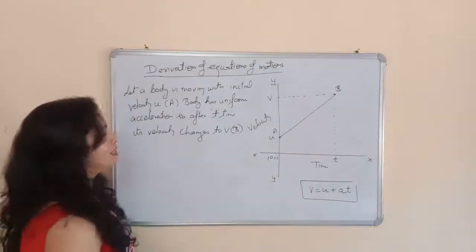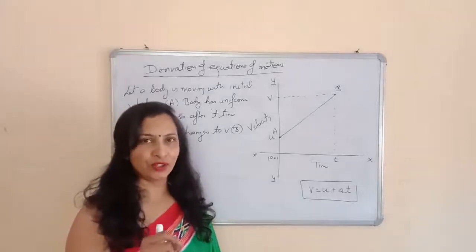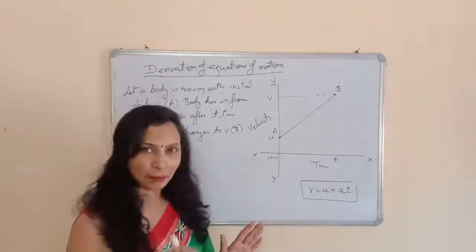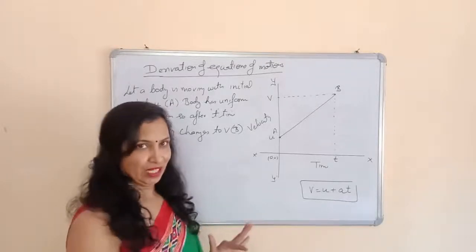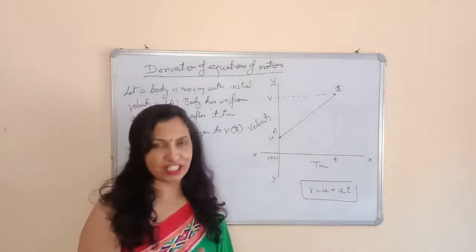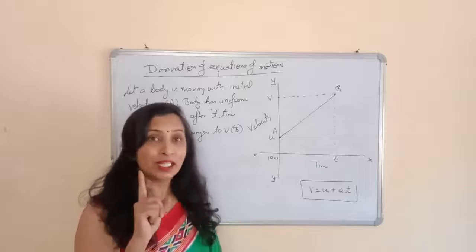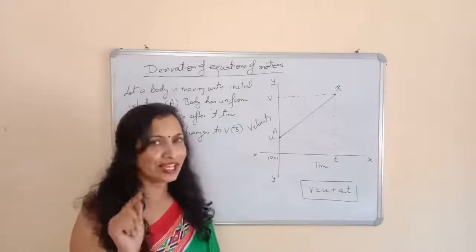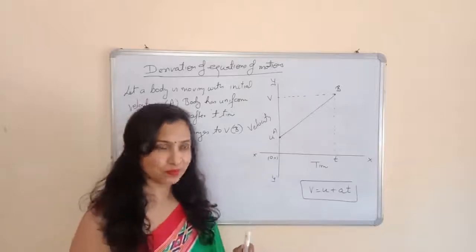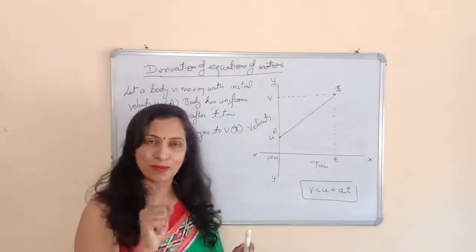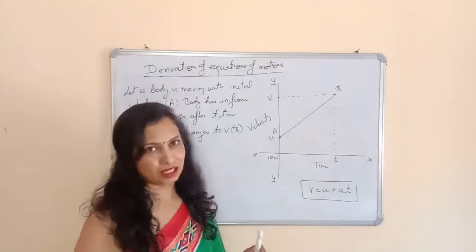I explained in the last lectures that for finding the acceleration of a body moving with uniform acceleration, we have to find the slope of the graph in the VT graph. Again I am telling you, if you did not see the last video, please see that video because it's really important. If you did not see it, you can't understand what I am going to explain here. पहले पुरानी वीडियो देखो, आप समझो VT ग्राफ और DT ग्राफ को कैसे यूज किया जाता है, उसके बाद ही आप ये डेरिवेशन समझ सकते हैं.